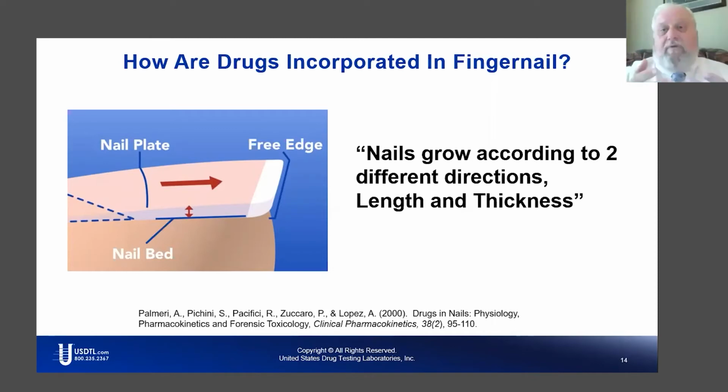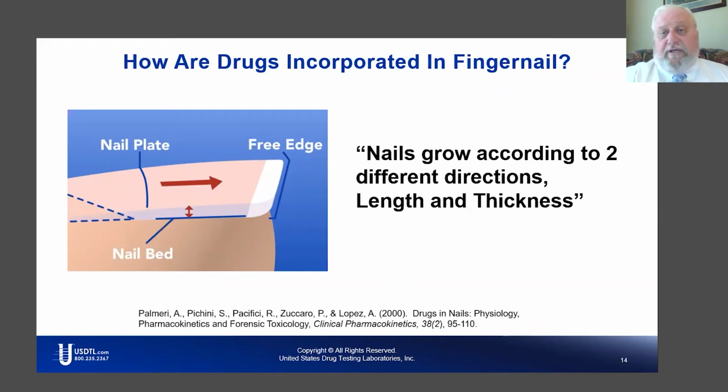Also, that capillary blood flow, as that nail emerges past the quick so that you can cut it, it has that short history from when it was back on the quick and was drawing analytes in from the capillary blood flow in the nail bed. So this makes for a really interesting specimen type, in that we don't have to do shavings, but can do simple nail clippings. And that clipping potentially has a drug history of the entire trip from the germinal matrix all the way out